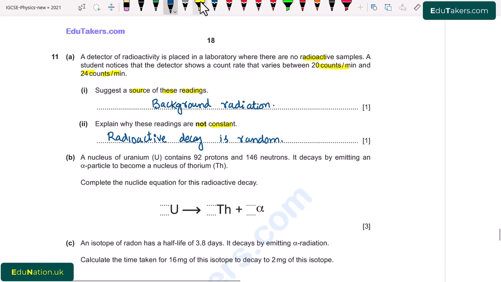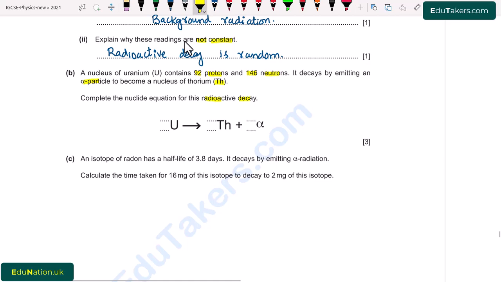Part B. A nucleus of uranium contains 92 protons, 146 neutrons. It decays by emitting an alpha particle to become a nucleus of thorium. Complete the nuclide equation for this radioactive decay. So here we have to complete this equation,